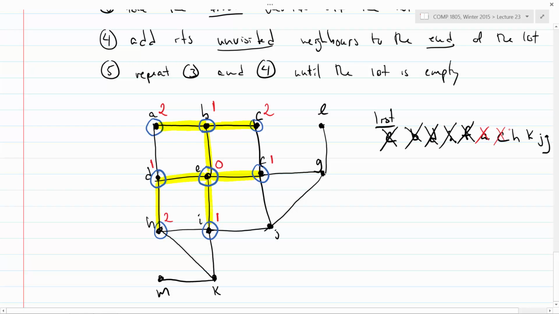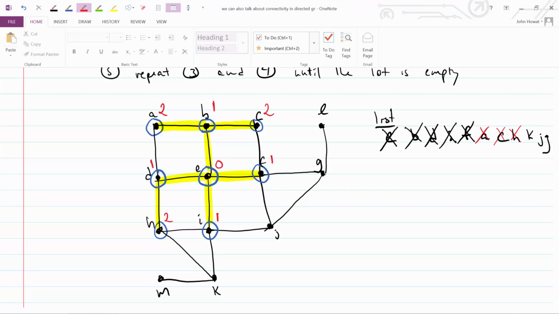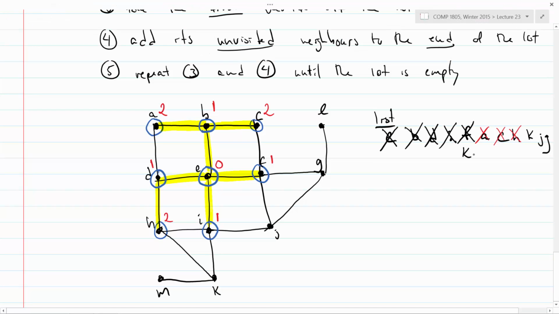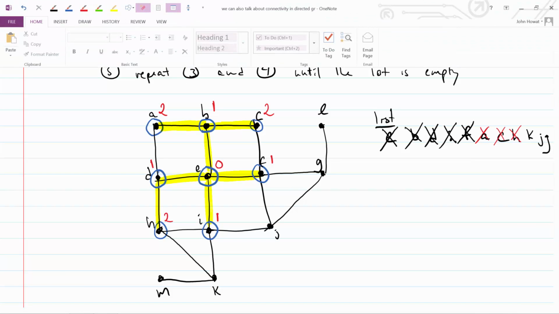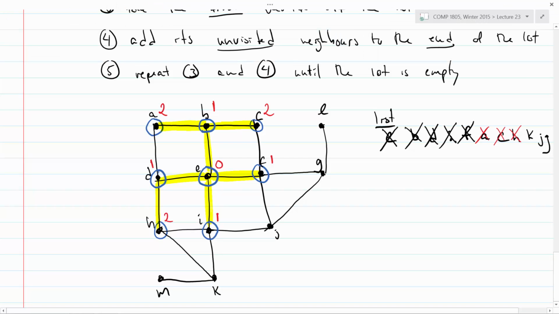And now I do the same thing for J, but before I do that, I have to add K to my queue. Oh, you're right, it already is there, sorry. Okay, so now I do J. I got to J from I. No, I haven't done K yet, but that's further down, right? Oh, yeah, no, you're right. I haven't done K yet. So that's fine. I'll do K next.